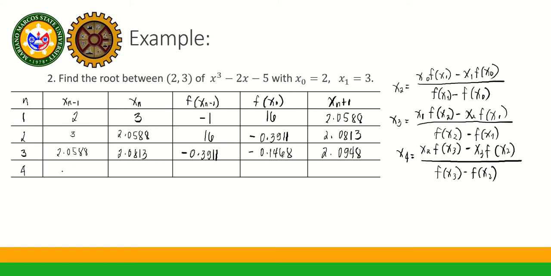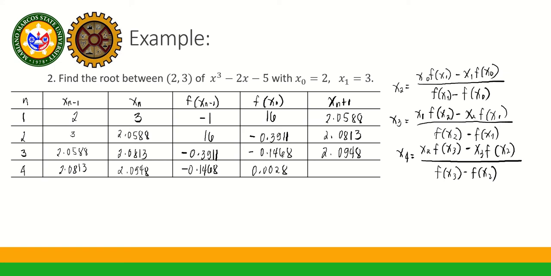Okay? So, for n is equal to 4, our x sub n minus 1 is 2.0813. X sub n natin is 2.0948. F of x sub n minus 1 is negative 0.1468. And computing for f of x sub n, plug natin si 2.0948 sa equation, and you will get